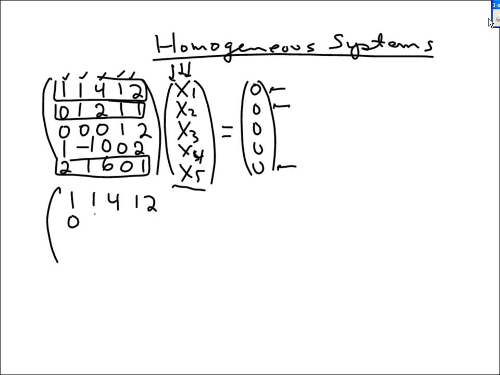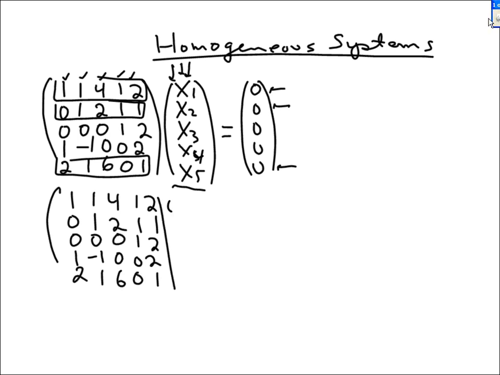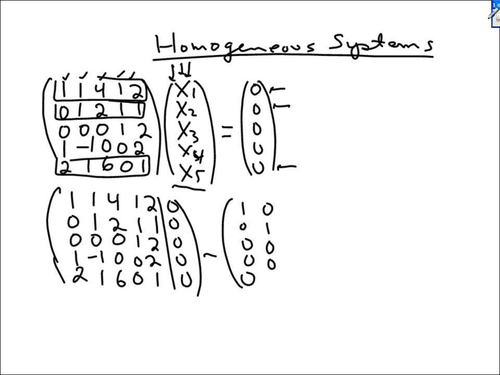Well, you take this augmented matrix, and you write it down first. You take this augmented matrix, and you reduce it. And it reduces to the following. 1 and then 4 zeros, 0, 1 and 4 zeros,